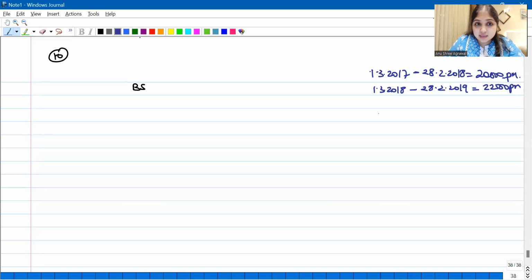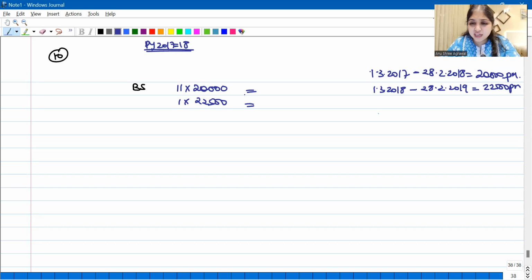Now listen, we are calculating for previous year 17-18. In previous year 17-18, what will the basic salary be? Till February, it's going to be 20,000. Till February means 11 months. So for 11 months, it's going to be 20,000 per month. And then March 2018 alone, it will become 22,500. So 1 into 22,500. A very basic adjustment this is, something which you must be aware of very well. So till 28th February, that is for 11 months, it's going to be 20,000 per month. And for the month of March alone, it's going to be 22,500 per month. So her basic salary totally is going to be 2,20,000 plus 22,500. This is going to be how much?